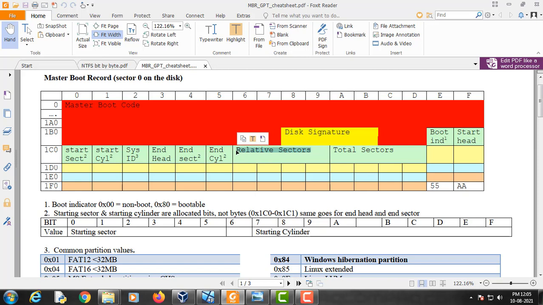So let's try to extract this information, and let's see where it is situated. 1 2 3 4 5 6. After 6 bytes from the left, the 4 bytes value is the value of the relative sector.